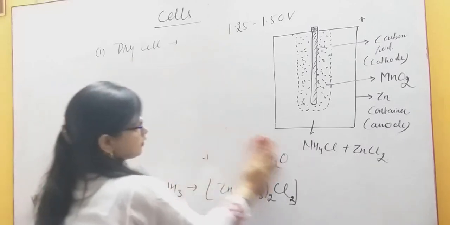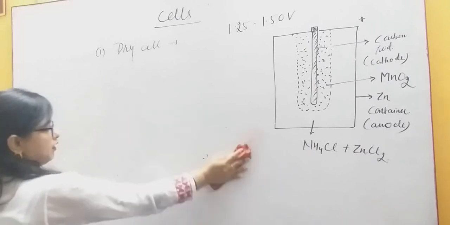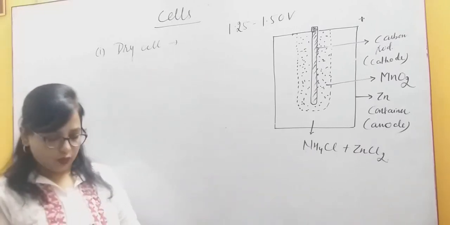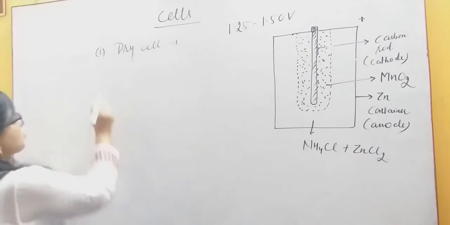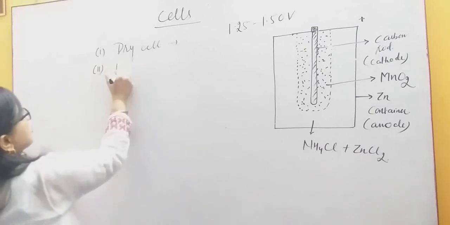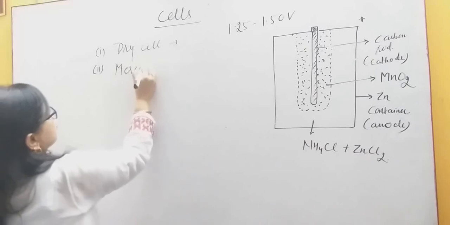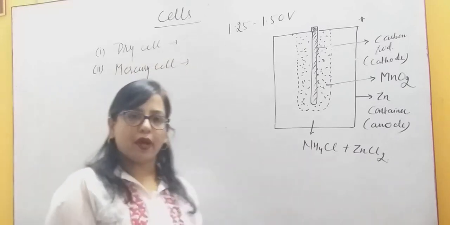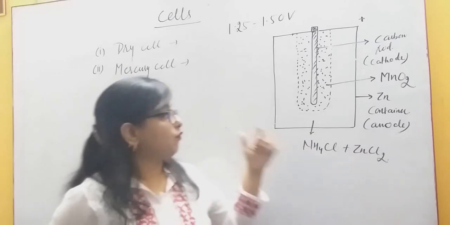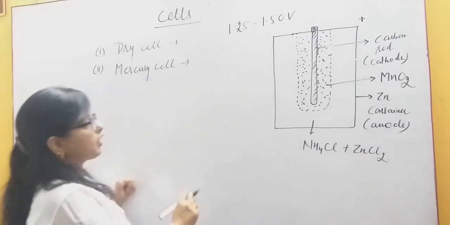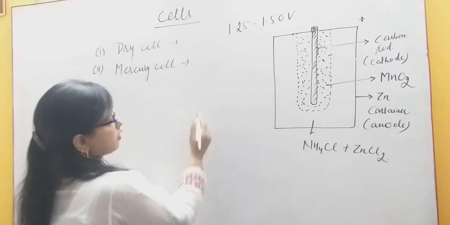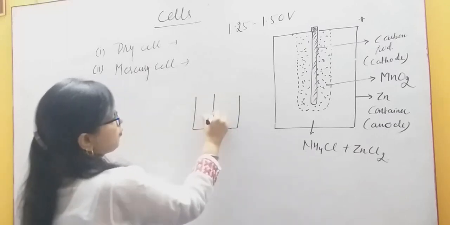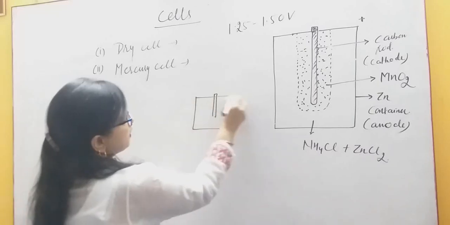Mercury cell means the cell which you are using in your wrist watches. So the second kind of cell is the mercury cell. It is also another kind of primary cell. It has one advantage over this cell because it contains the same zinc container and a carbon rod placed in its center,